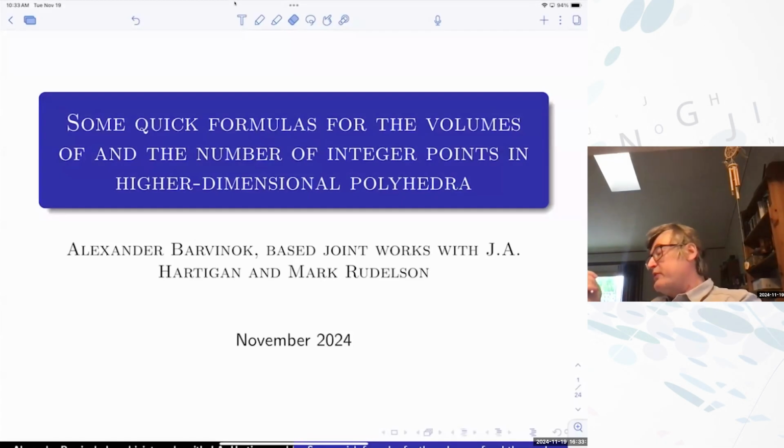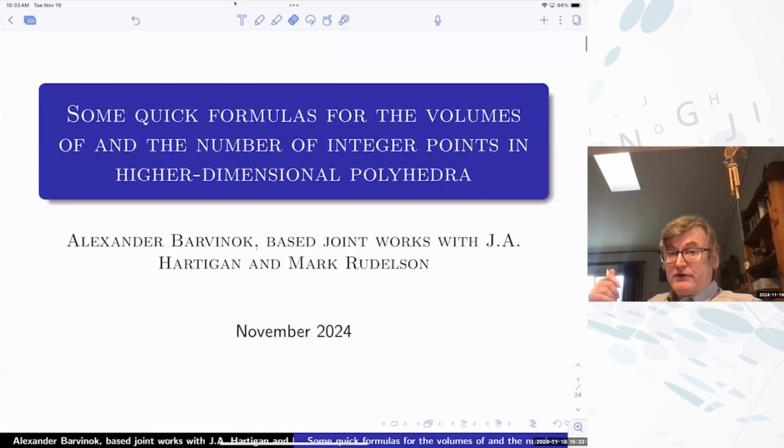That's already been mentioned. Those polytopes, generally even more complicated, and even the simplest and most fundamental questions about them, like volumes, the number of integer points there, the number of vertices for some extensions, are pretty hard. But of course, when you look from the point of view of asymptotics and approximations, things become a bit easier, right?